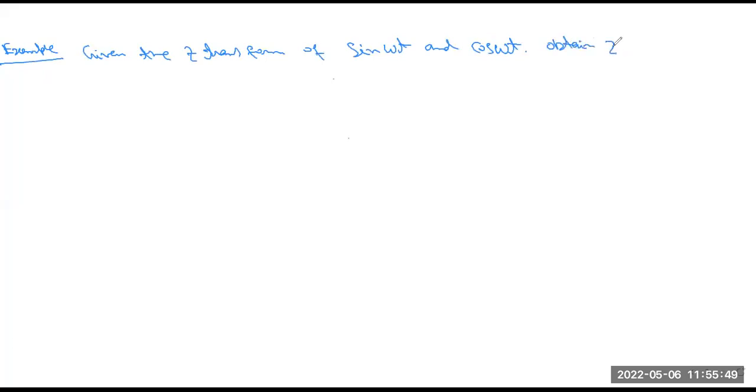Examples. The given problem is: given the Z transform of sin omega t and cos omega t, obtain the Z transform